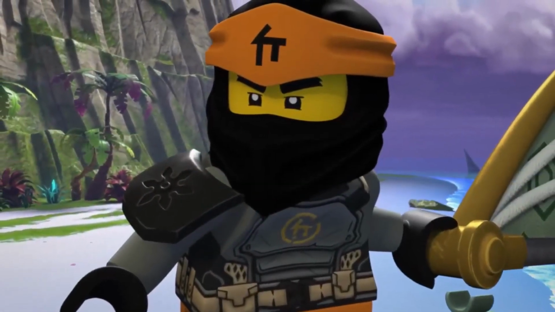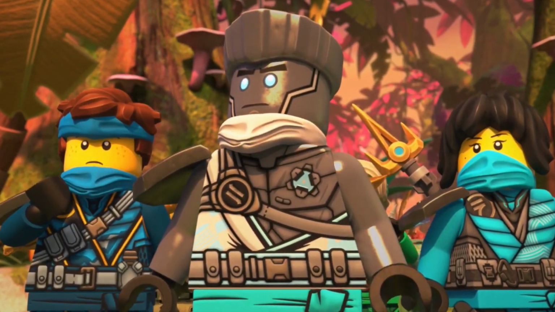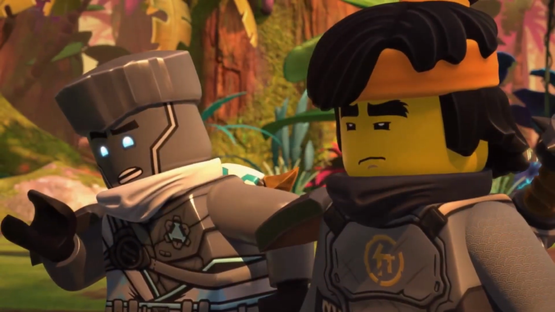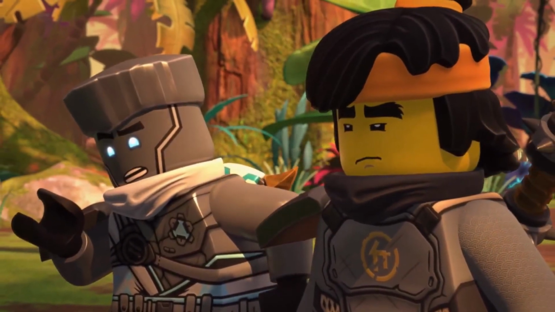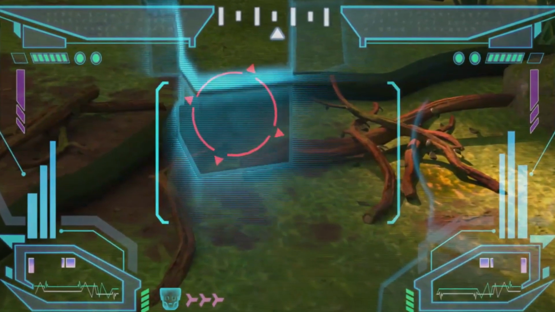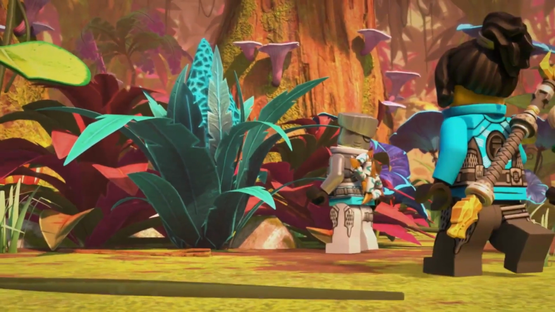Then in the second episode is where we get the introduction for the Golems, and also the conclusion for them as well. The Golems are only involved in episode 2, which I have to say was a little bit disappointing considering you can get the Golems in one of the larger sets for the wave, and I know the wave's fairly small as well, but I thought that they were going to have a little bit more of an inclusion